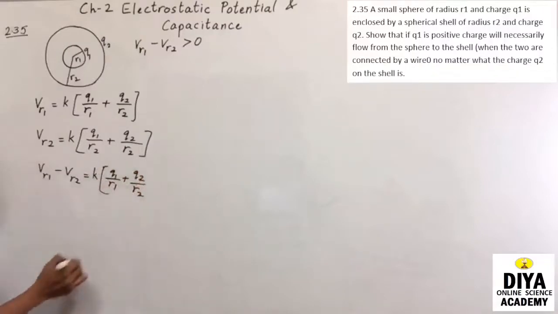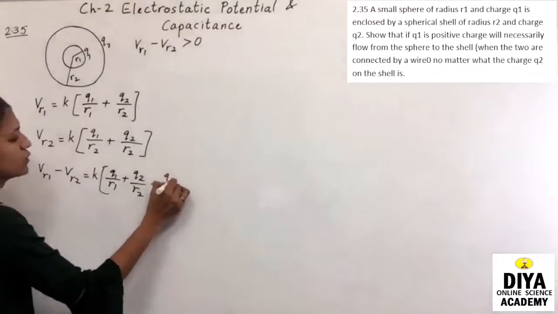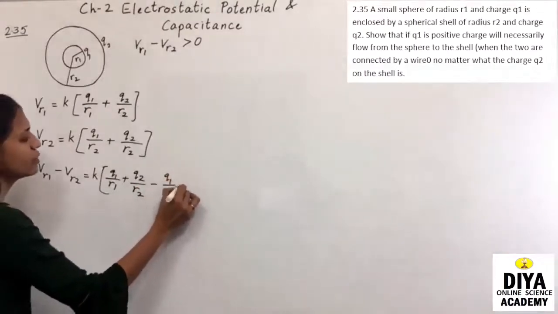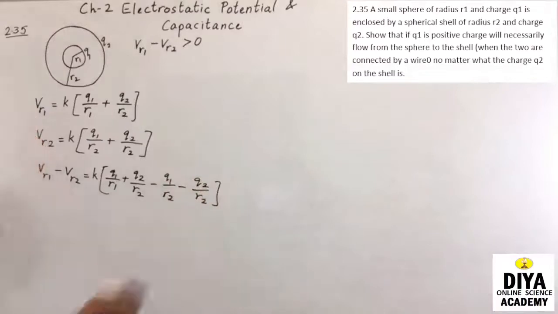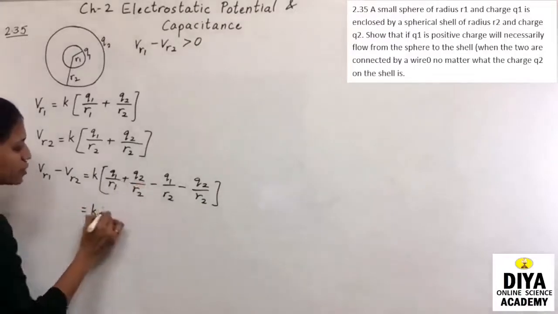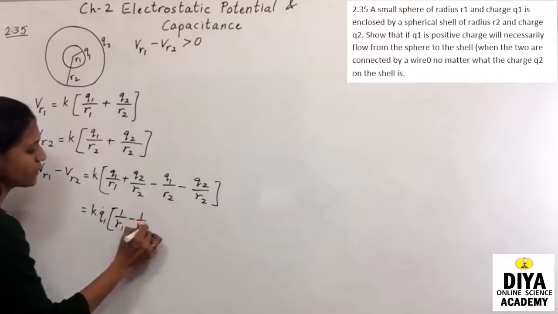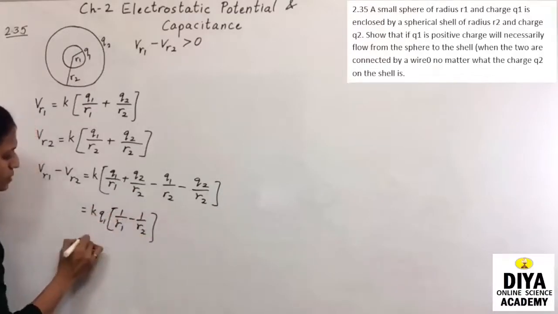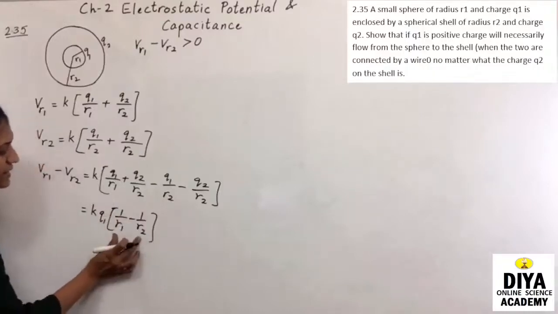Q1 बाय R2 माइनस Q2 बाय R2। Q1 बाय R2 और Q2 बाय R2 ये टर्म कैंसिल हो जाएंगे, हमारे पास क्या बचा, K। फिर Q1 को कॉमन ले लेते हैं, 1 अपॉन R1 माइनस 1 अपॉन R2। तो इसमें Q1 तो पॉजिटिव चार्ज है, अगर ये पॉजिटिव है, ये अगर हम प्रूव कर दें तो ये भी पॉजिटिव आ जाएगा।